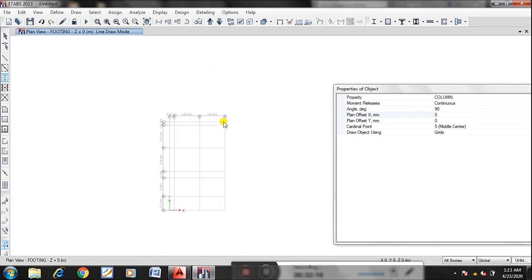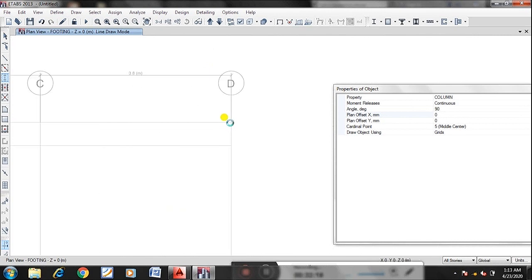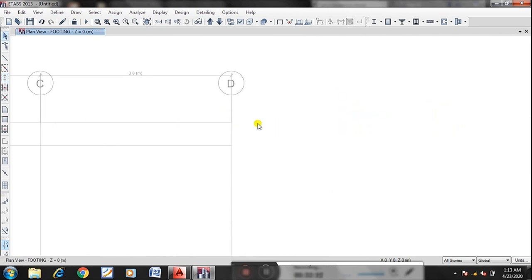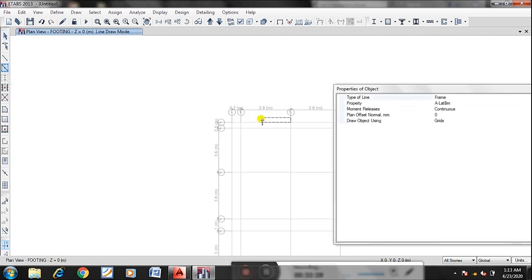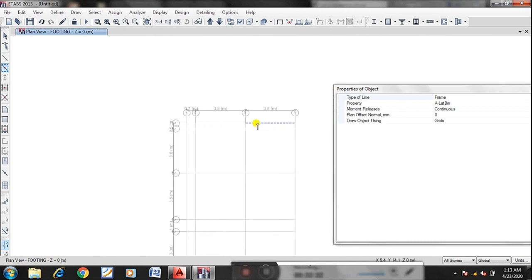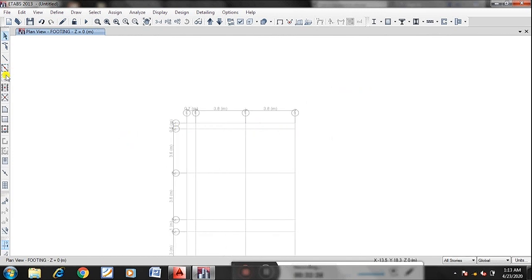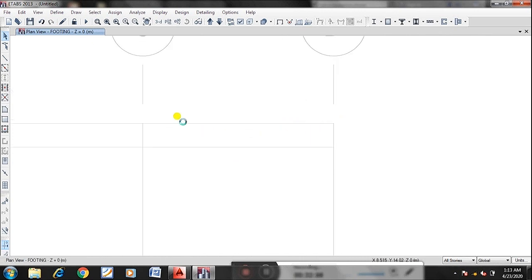Okay, and next one is... sorry, I'll take... here I'm finding difficulty. I'll take this parameter.